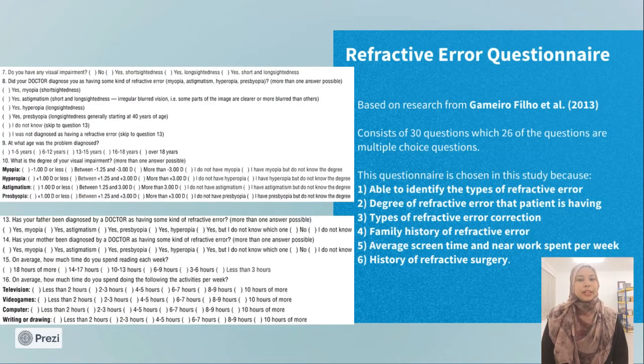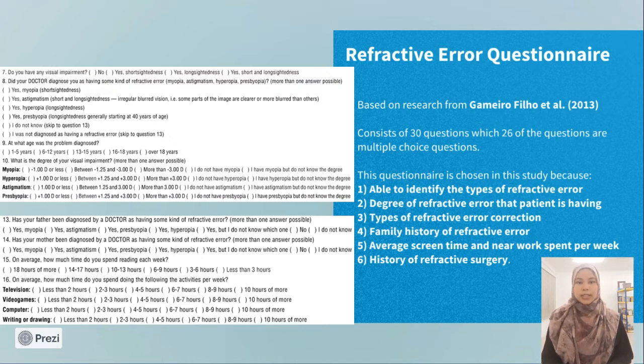Next is the refractive error questionnaire. The refractive error questionnaire used in this study is based on the research from Gamiro-Filho et al., 2013. This questionnaire is a standardized, self-administered questionnaire with 30 questions, of which 26 are multiple choice questions. This questionnaire was previously tested on first-year physiotherapy students at the State University of Londrina, who were asked about